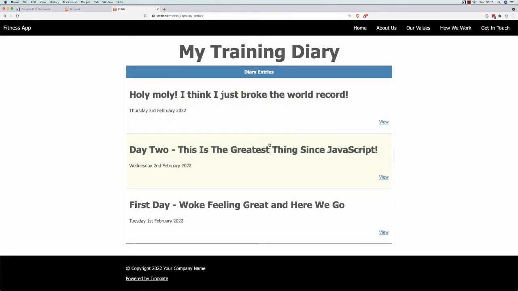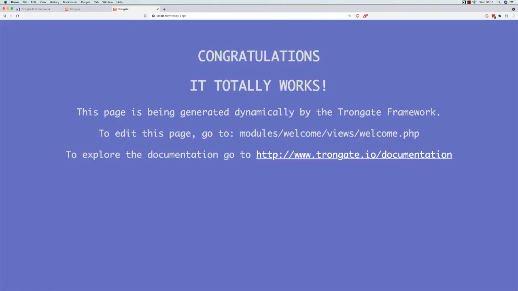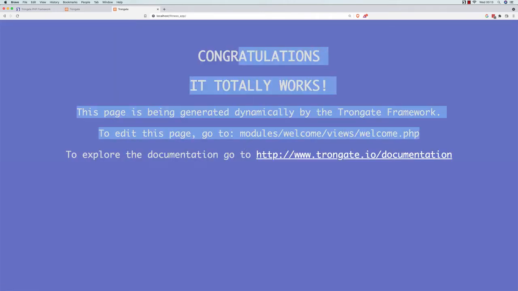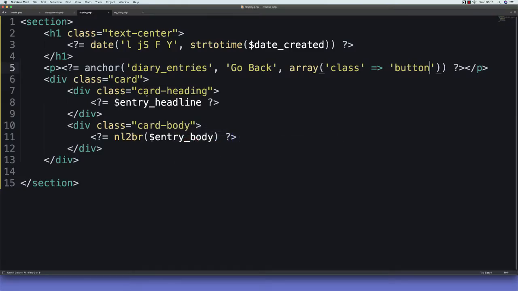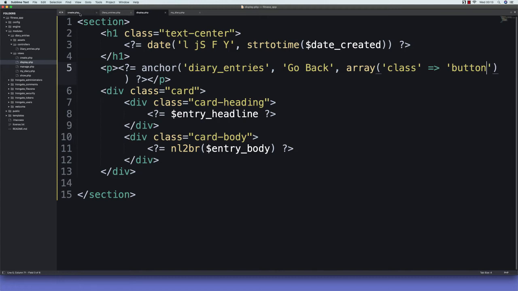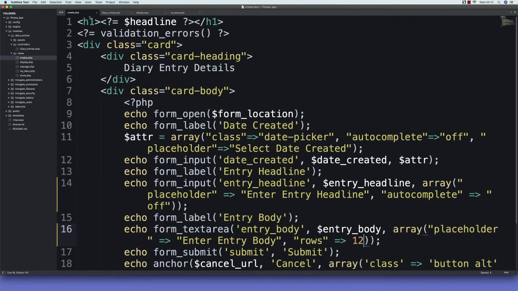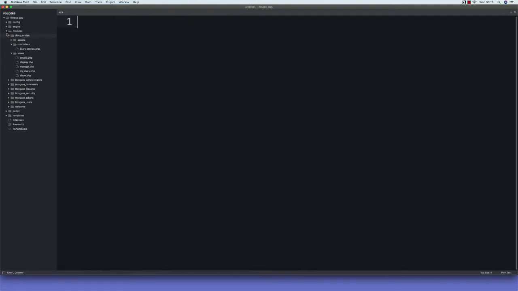Alright, so that's not too bad. Now I want us to look at the home page for this thing. So here's our home page, and it's not really doing too much. So let's figure out how this stuff works. If you have a look, let me just close this. Now have a look inside